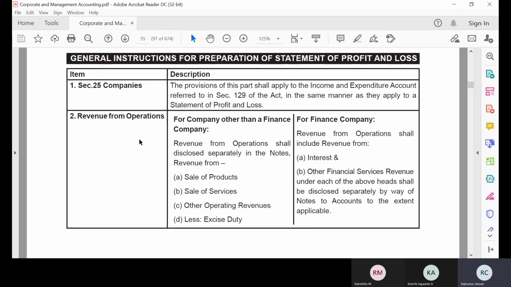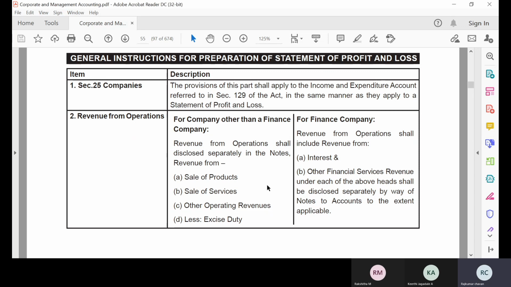Now let us start in detail one by one. What are those items included, one by one? So revenue from operation for a company other than a finance company, and for a finance company. If it is a finance company, what is the revenue for them? If it is a non-finance company, what is the revenue for them? So there are two things